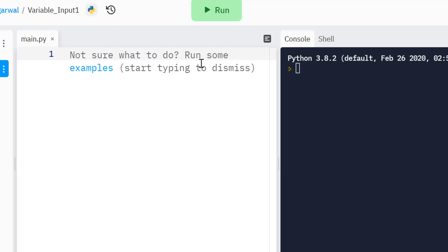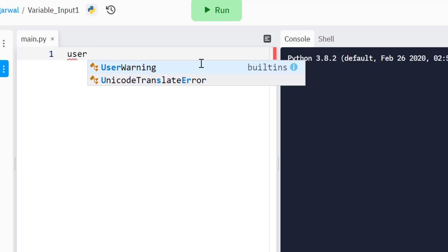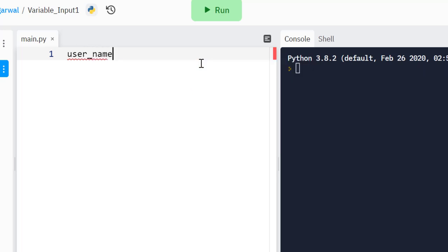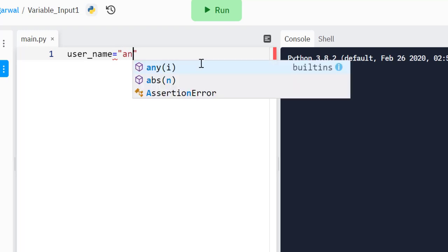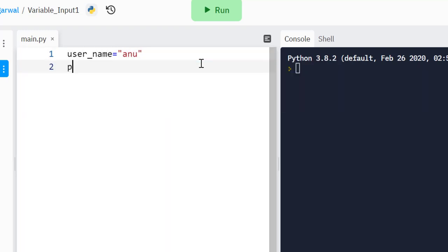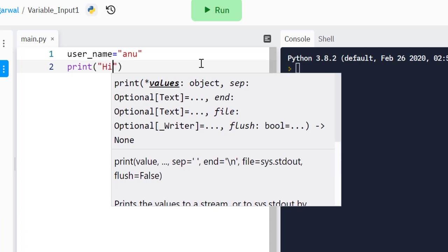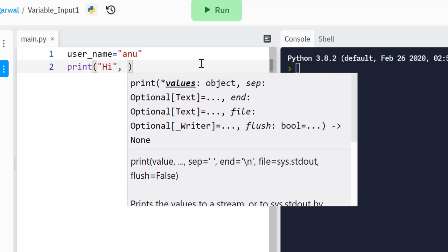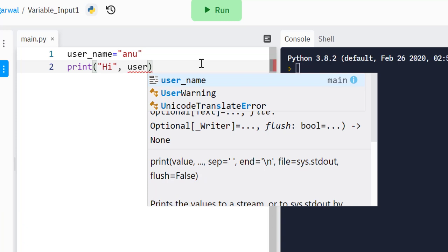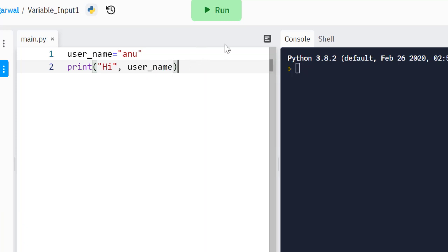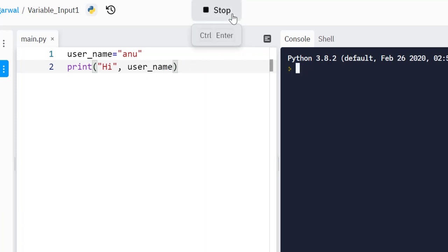So as I said, if I have user_name equal to, let's say, Anu, and I print hi, let's say user_name, definitely I know what output we'll get: hi Anu. Now